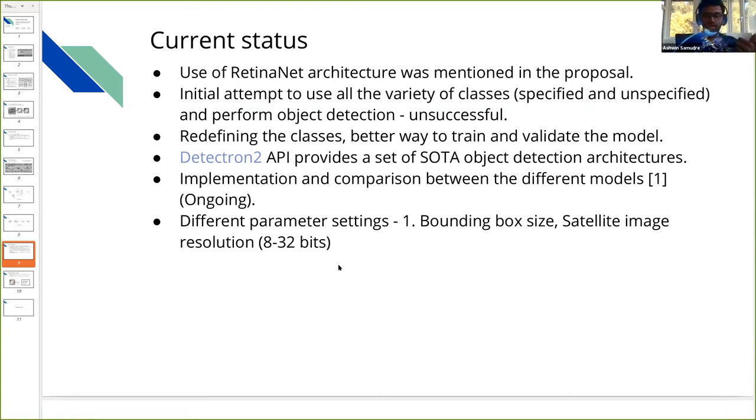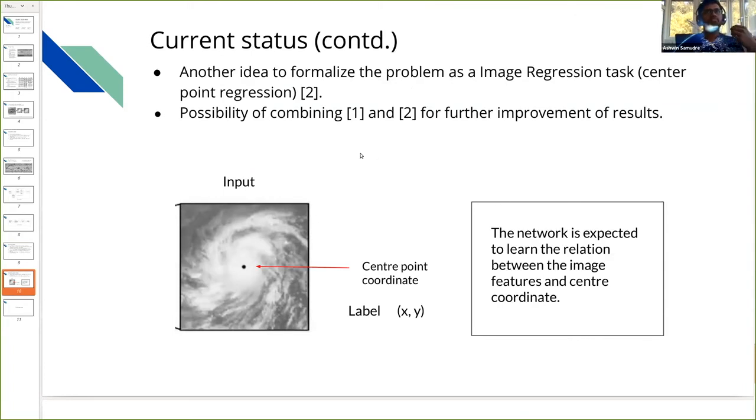Currently, like I mentioned, the first stage, doing it for all the classes, was unsuccessful, and that's why I do not have results to show here. But there is another idea to perform image regression. We can provide the image and label it with the center point coordinate instead of a bounding box, and make the network learn the relation between the image features and the center coordinate.